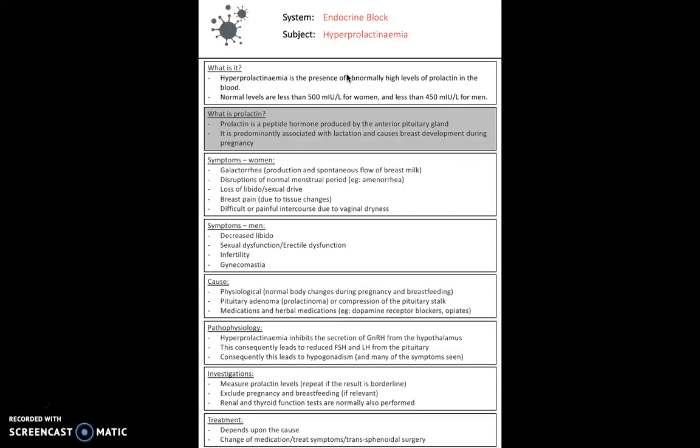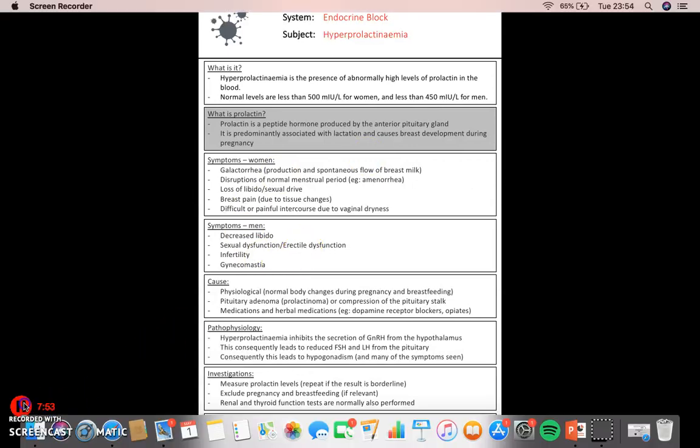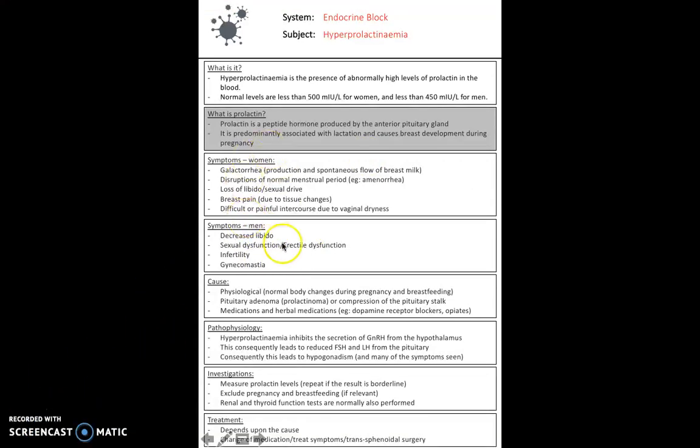Prolactin is released by the anterior pituitary gland, and it's predominantly associated with lactation and breast development during pregnancy. The symptoms can vary between both men and women, but one common symptom in both is that they will both experience a decreased libido and loss of sexual drive. In men, you'd experience this as erectile dysfunction or sexual dysfunction, and in more severe cases may experience infertility and